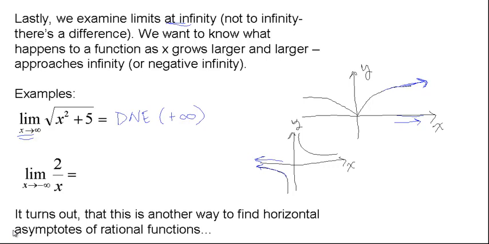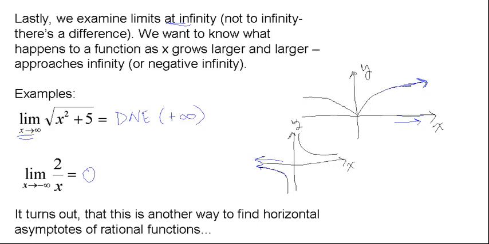Okay, even if I plug this into my graphing calculator, you can try 2 over negative 10, 2 over negative 100, 2 over negative 1,000, 2 over negative 1,000,000. You'll see that the number is getting smaller and smaller and smaller from below 0 or from the left of 0. But in fact, the idea of a limit is we're getting closer and closer and closer to that particular number. So this does have a limit. It goes to 0. Okay, and in fact, it turns out this is just another way to find horizontal asymptotes of rational functions, because in fact this has a horizontal asymptote. We can see the x-axis is the horizontal asymptote.